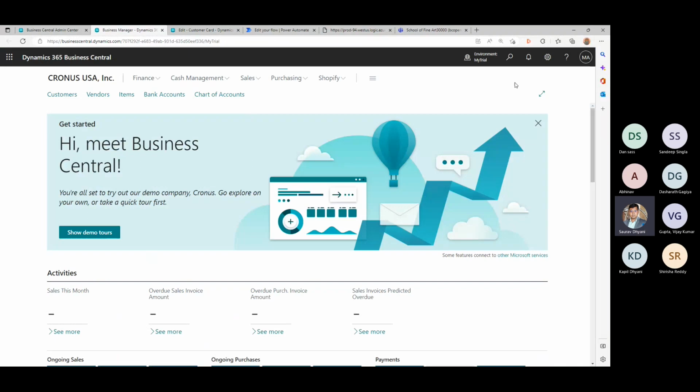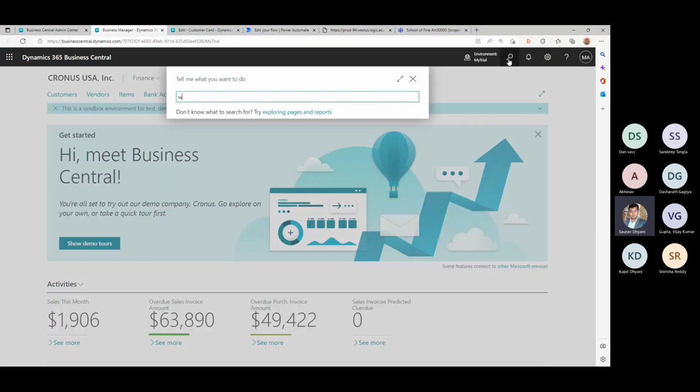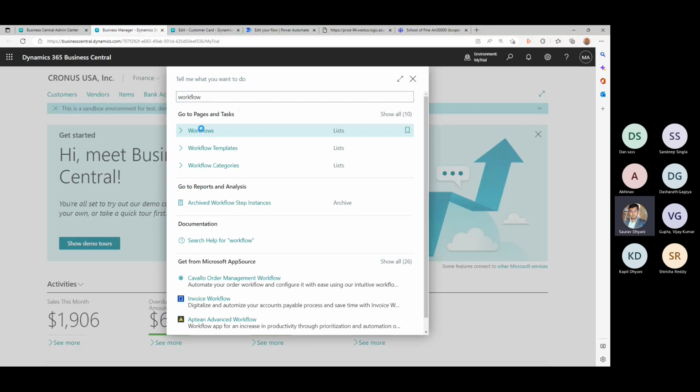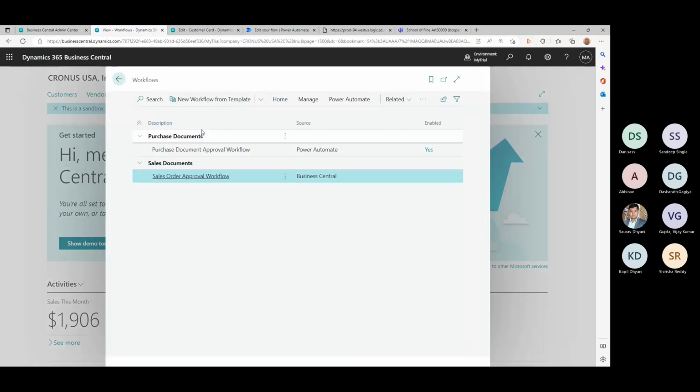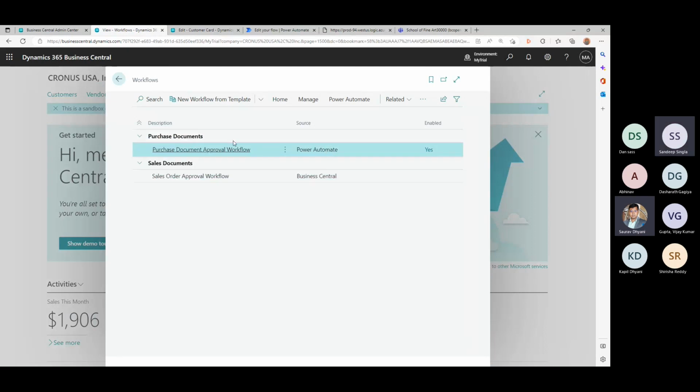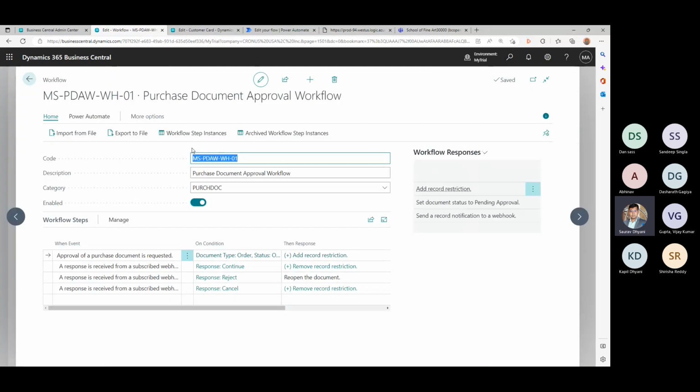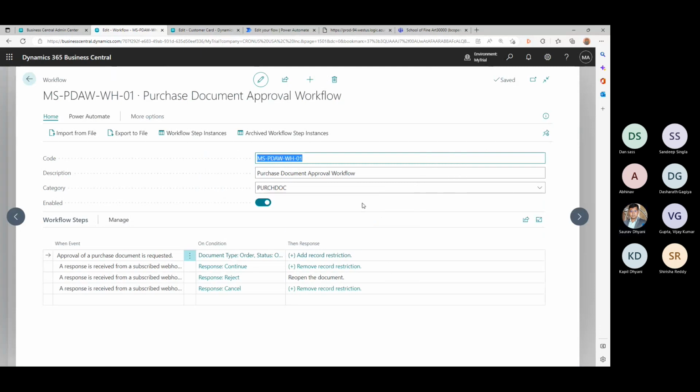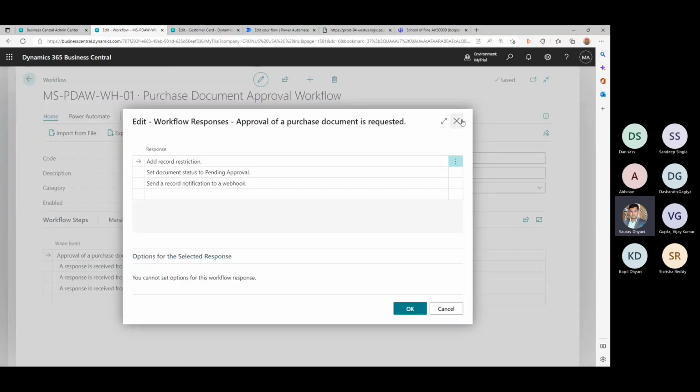But while we're talking about this, when you come into workflows, Sandeep sir, I was playing with it last week. You see this, this is the Power Automate flow. The only catch when you set it up, and this is all predefined, so you don't have to do crazy stuff, is that it does this: add record restriction, which is basic, like NAV or BC does.